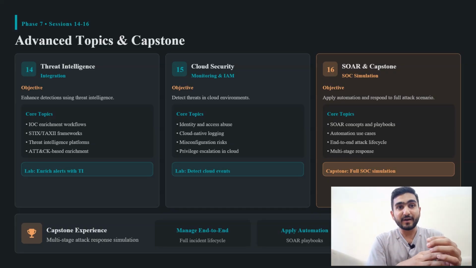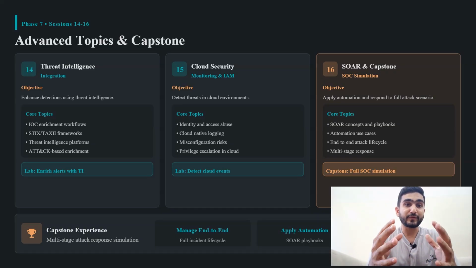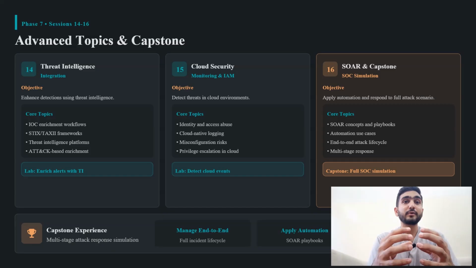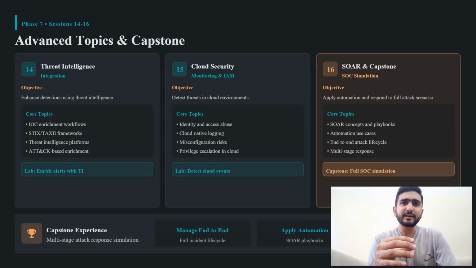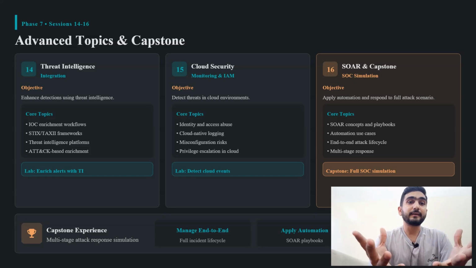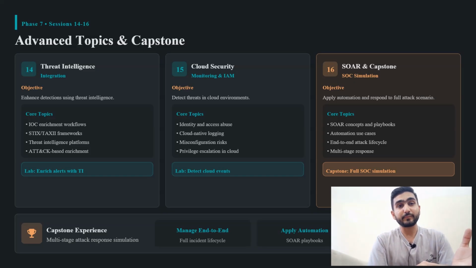Session number 15. Cloud is everywhere. There are very few companies that use on-prem; everyone has moved from on-prem to cloud. We'll be speaking about cloud security monitoring: how do we monitor the alerts of cloud, and what is identity access abuse. Also, we'll learn about different cloud environments, such as AWS, Azure, or GCP, Google Cloud Platform. We'll also see what kinds of misconfigurations can occur and result in compromise of the whole